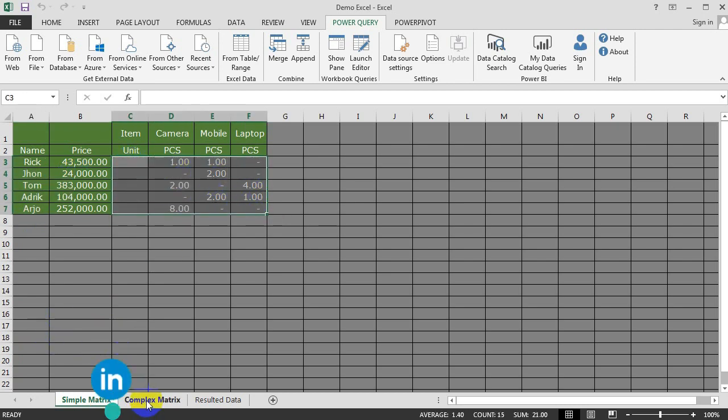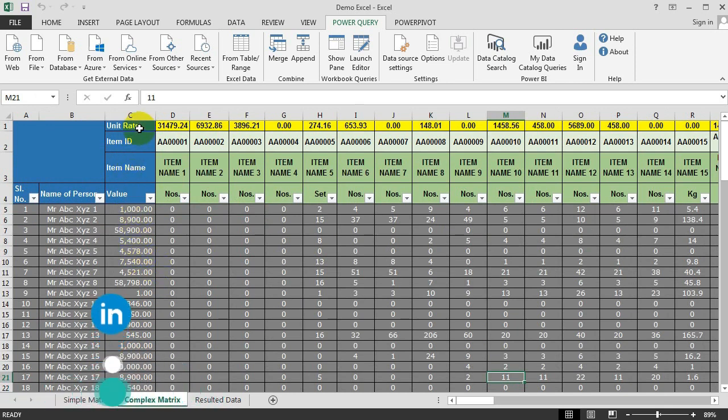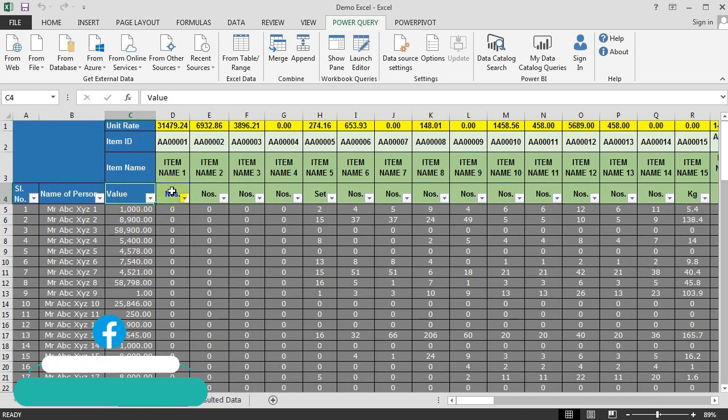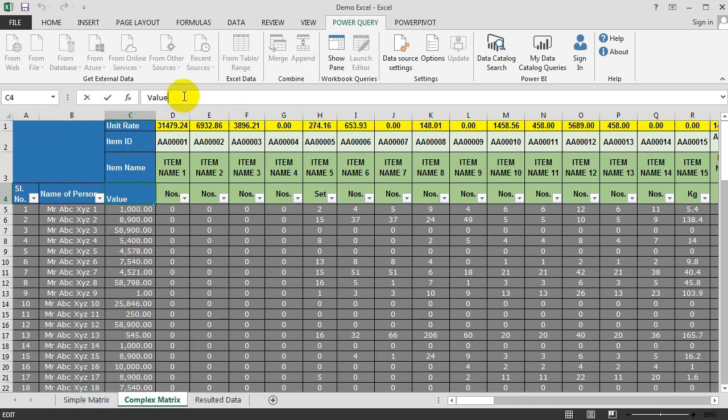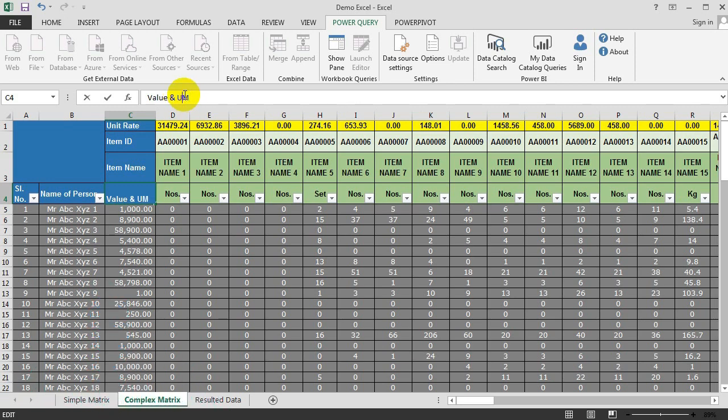And in the complex matrix data, you find that there are four headers at the top of the sheet. One is item rate, item ID, item name, and unit of measurement value, and unit of measurement UOM. Okay, fine.